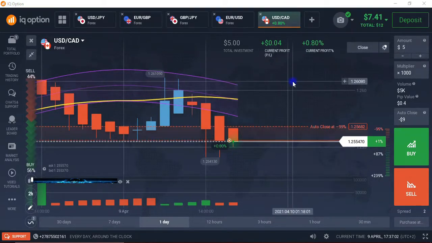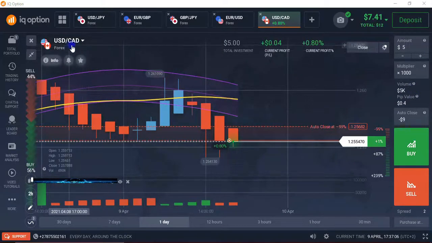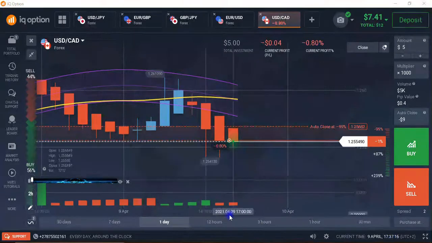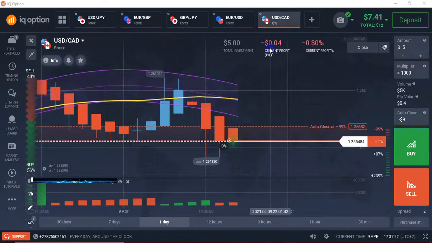So anyways, guys, I'm trading the US dollar and the Canadian dollar, right? And right now it's 17:37, in the afternoon. So we're going to see what happens after my minutes. As you can see, I'm now at a loss right now. So, I mean,